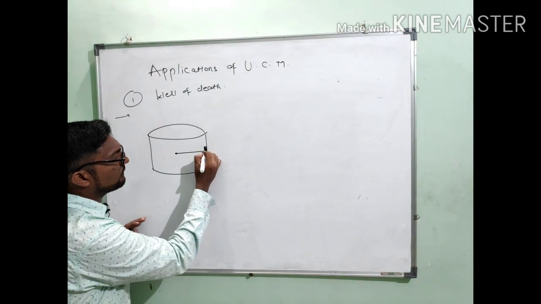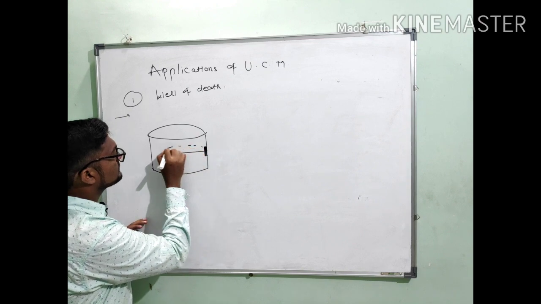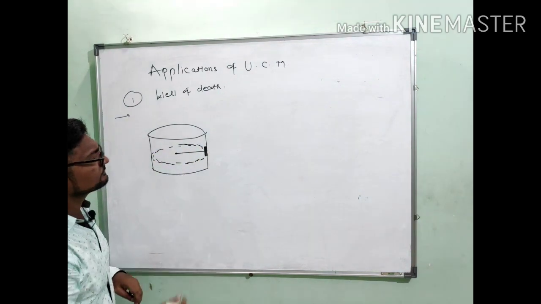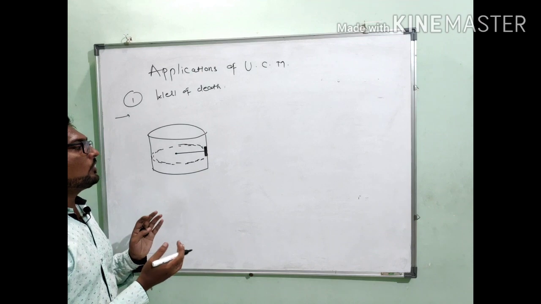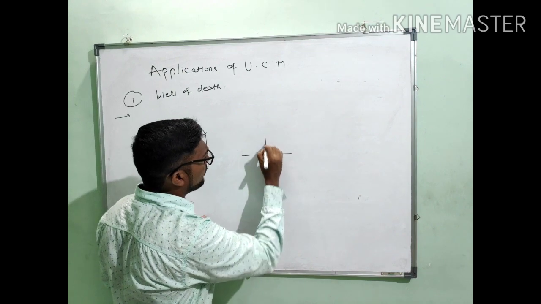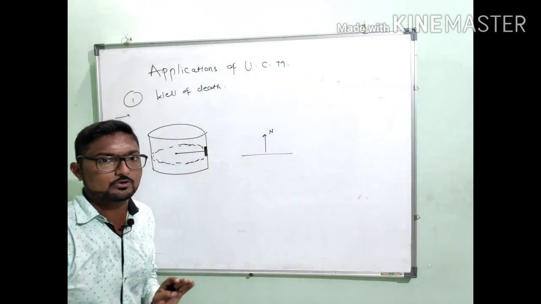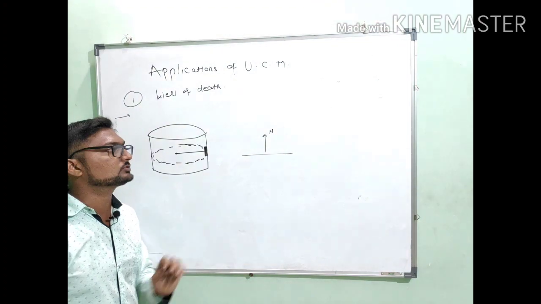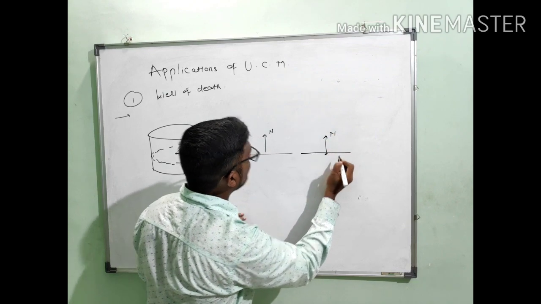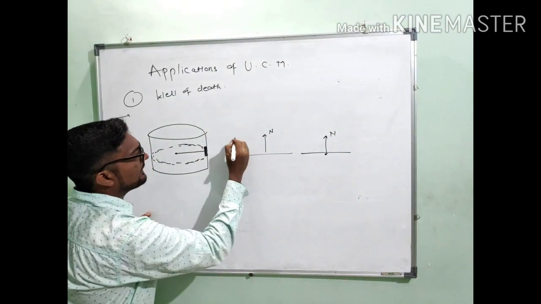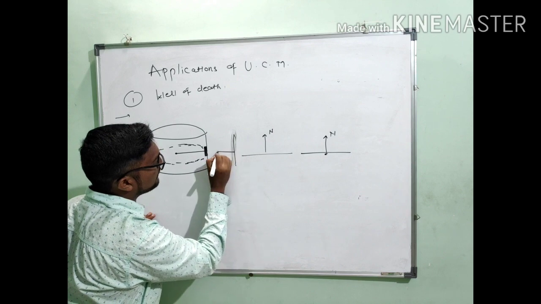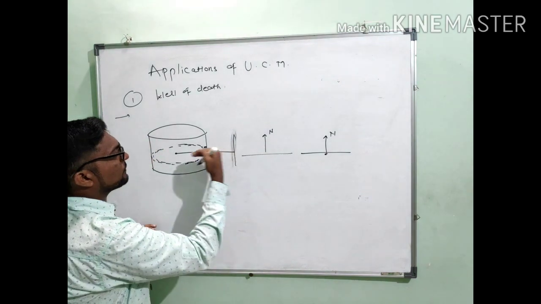Now the car over here is circulating on the wall of this well. Let us see what forces are acting over here. We know that the normal is always perpendicular to the surface. In the first example, the horizontal surface was there, so the normal reactive force was upward. Here our surface is already vertical, so our normal reaction will be towards the center.